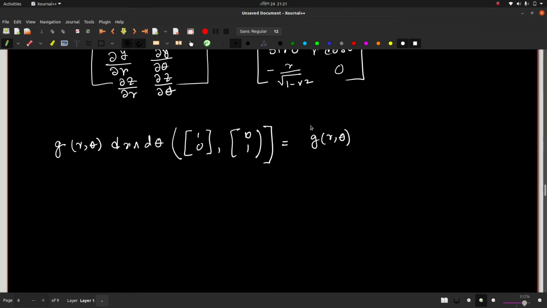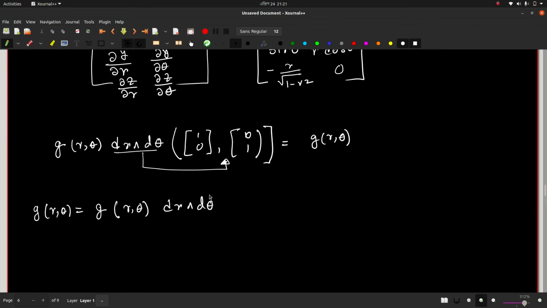This is pretty easy to see because the forms with these column vectors will give you a determinant, and therefore we can write this g of r theta as g r theta dr wedged with d theta. Again, introduce those column vectors,